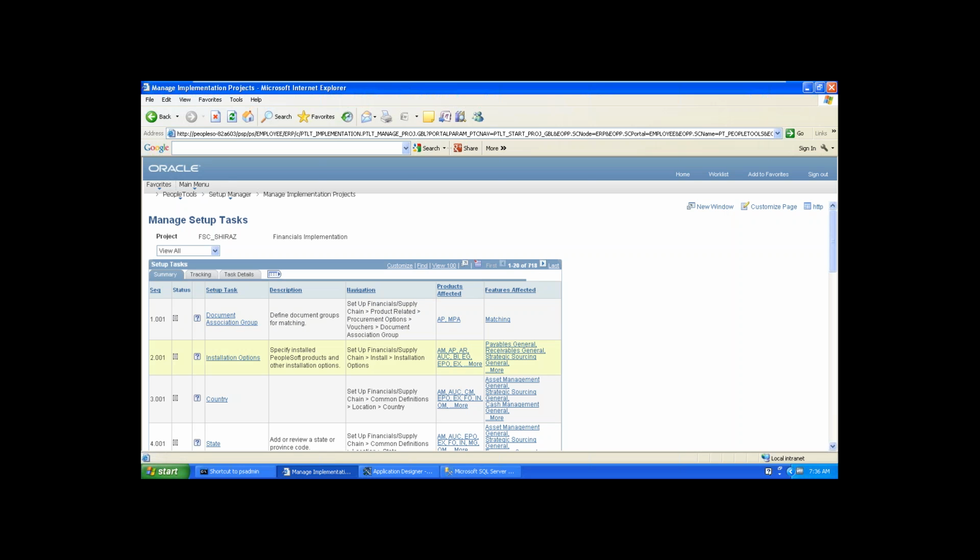But what you will do is go one module by another: first we will discuss purchasing, and after that payables, next billing, like that. Now you understand how to generate a setup task list for one module or for all modules.